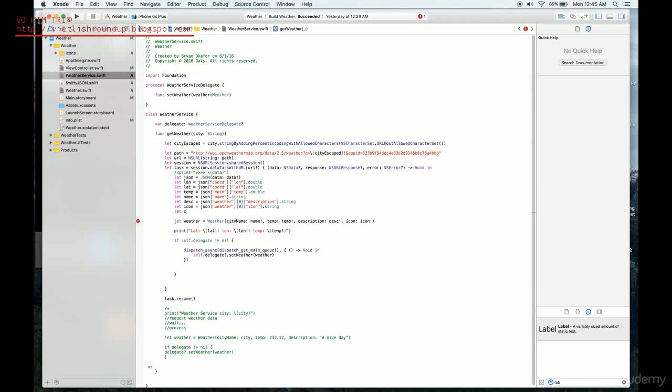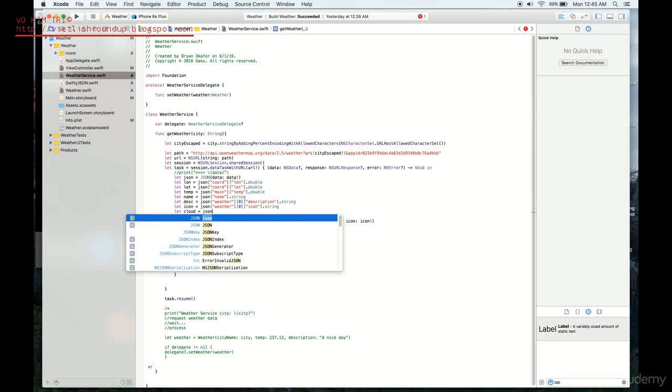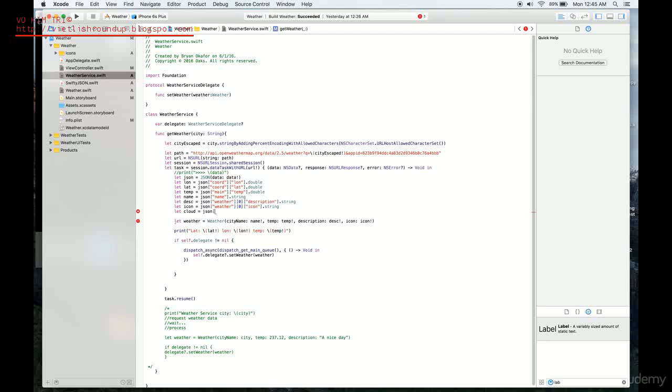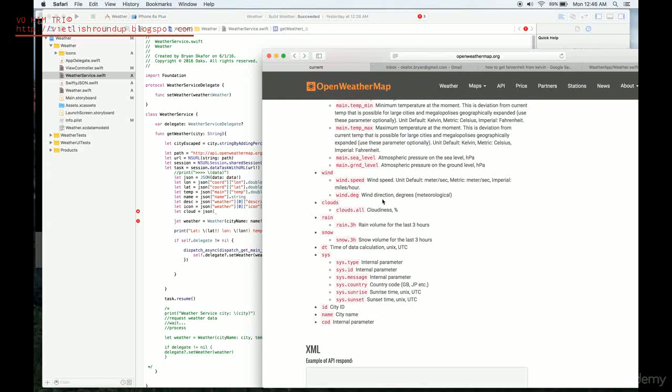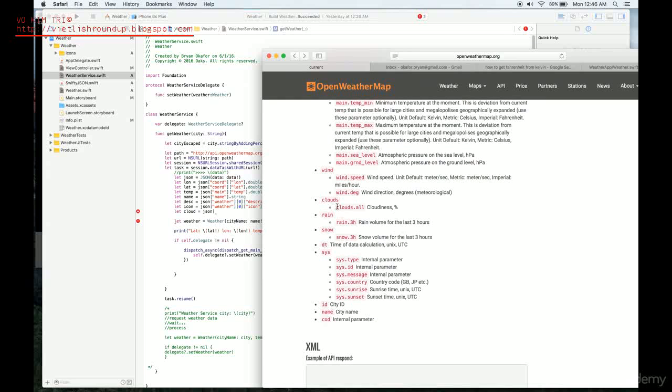So the first one we're going to do is cloud and JSON. And if you forgot, like I did, let's go back to our weather website and see exactly what code we're going to bring. So let's bring it here. So cloud, what we're going to be calling is cloud all. So it's going to be clouds and all in order for us to get the